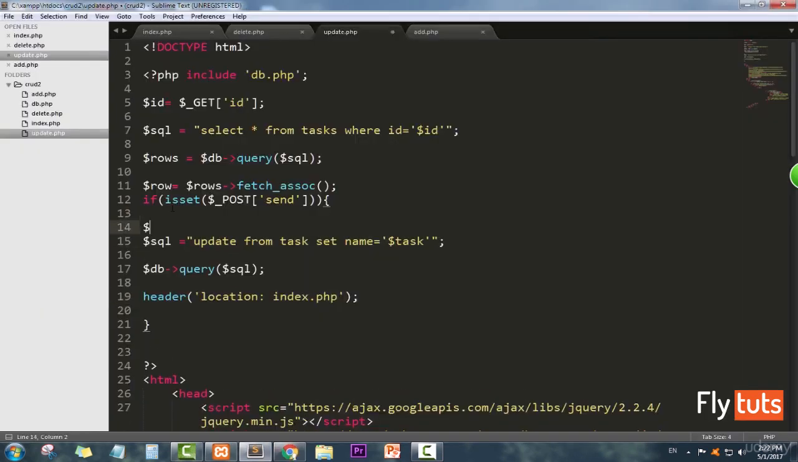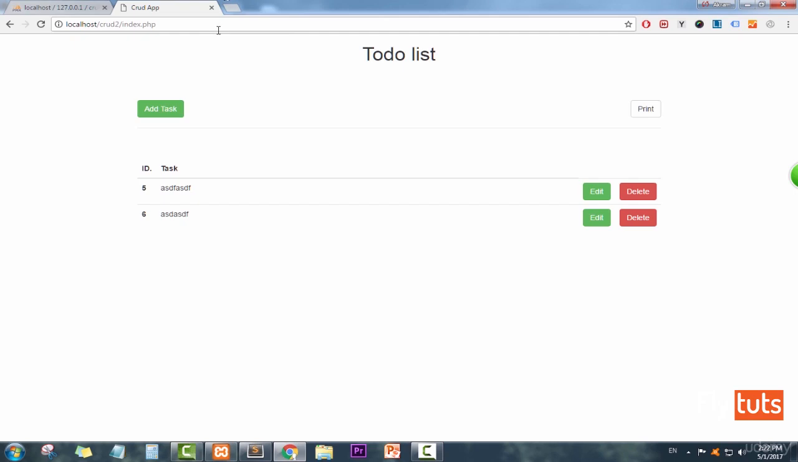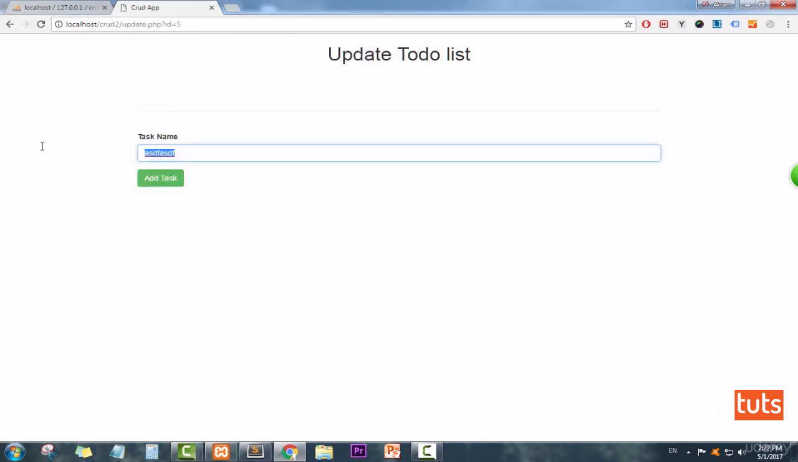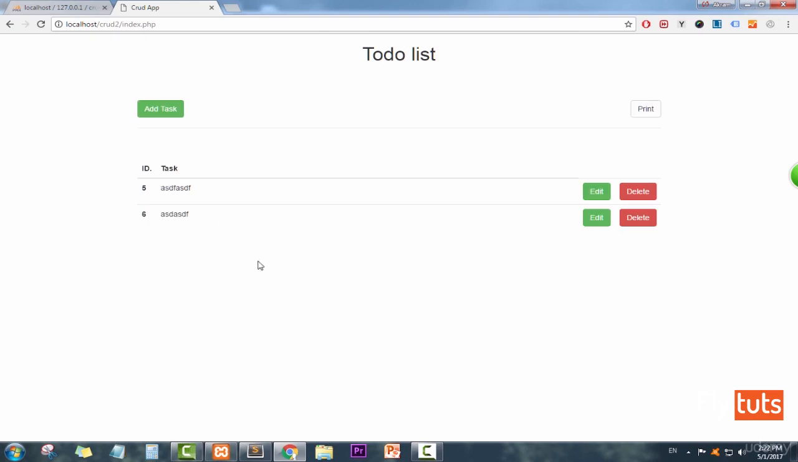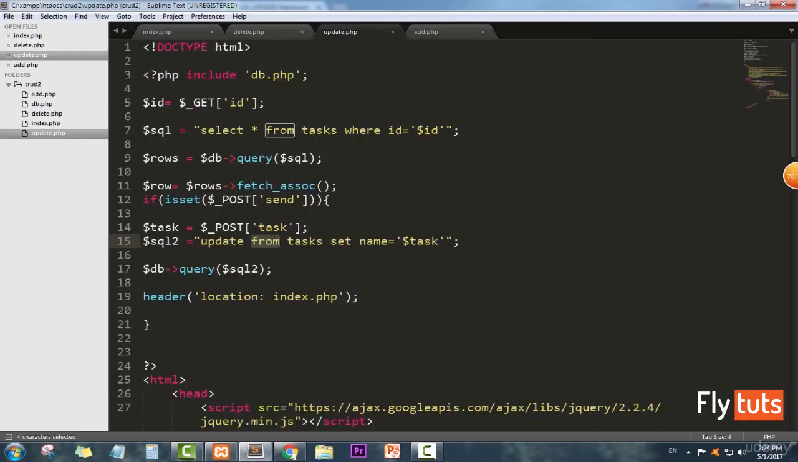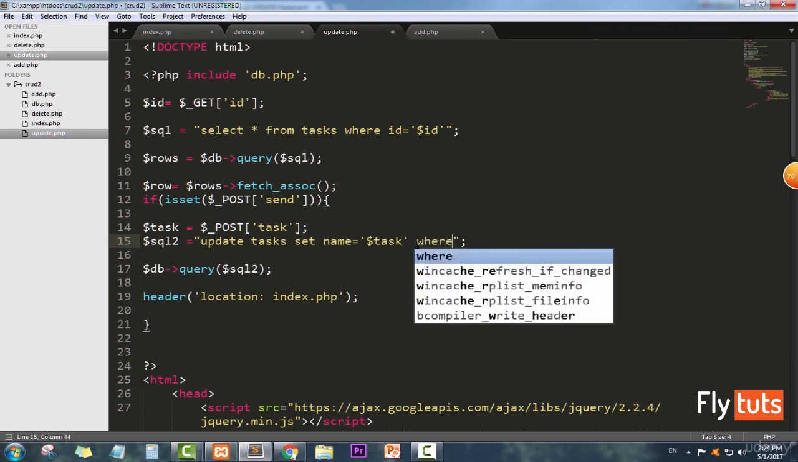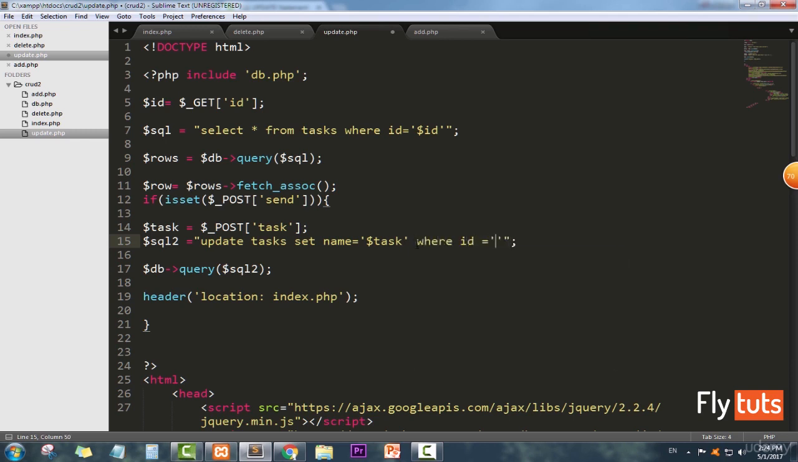Oh, I did not get the data here. We don't have this task now. We need to click task and call it. We need to get this data. Task. So now if we refresh and click edit, click OK. I made a mistake here. I shouldn't say update from, just update task, set task where id equal to that id that we get